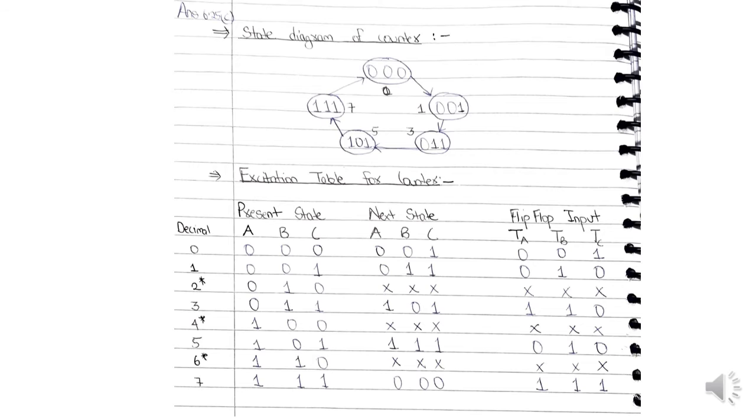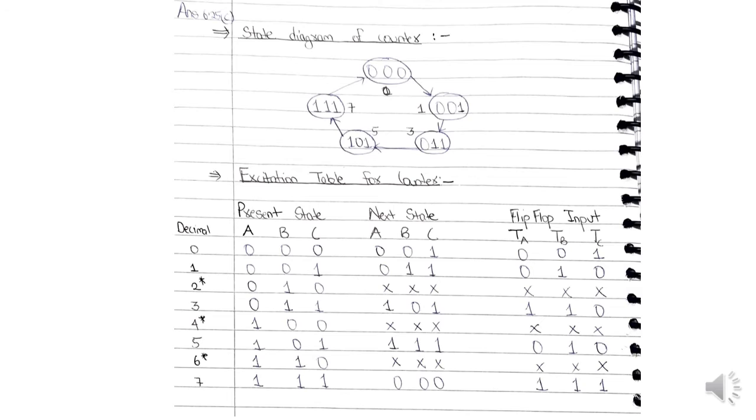By following the same steps, we can create the whole table. The thing to notice here is that in our state diagram there are only 5 states, but we can actually represent a total of 8 states with the help of 3-bit binary numbers. So what about the remaining 3 states? These 3 states are not relevant to us because they are not part of our counter. So when describing those states, we simply use do not care, X.